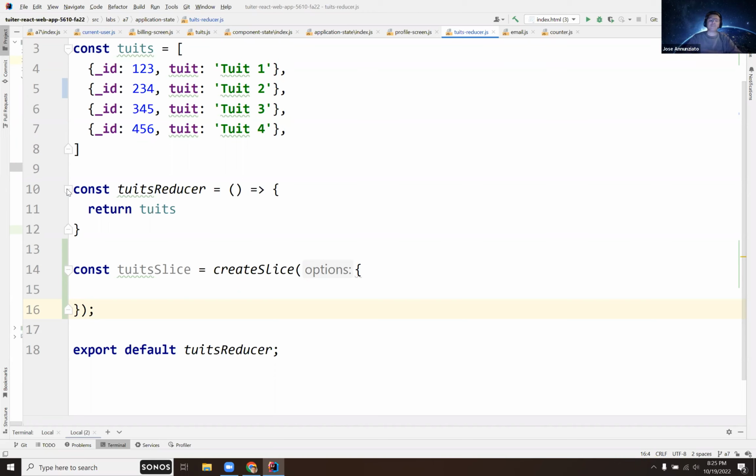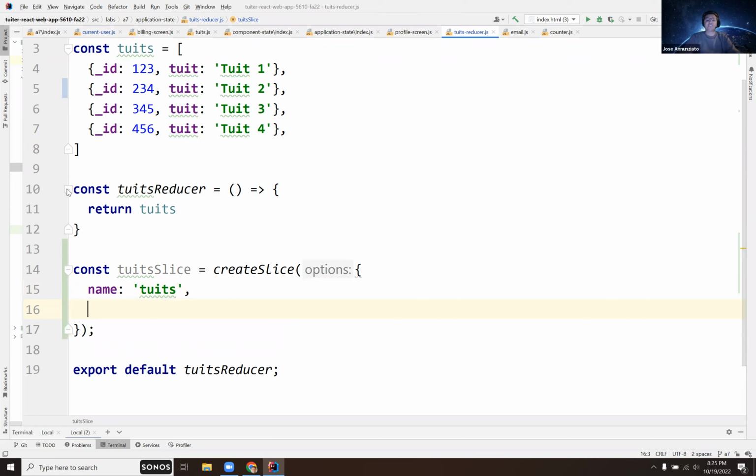So here, this tweet slice is maintaining the data that is relevant to tweets. A tweet slice has at least two properties. It's an object now, and it maintains at least the name of the slice, which is called tweets,